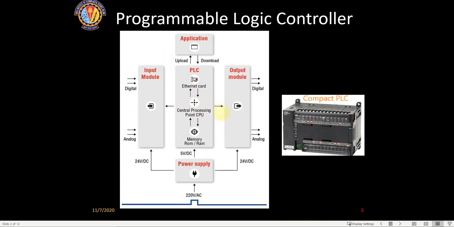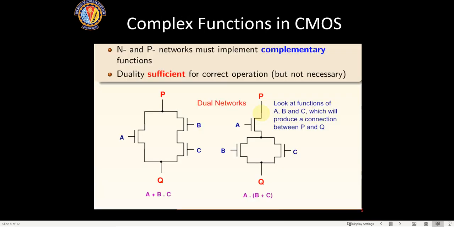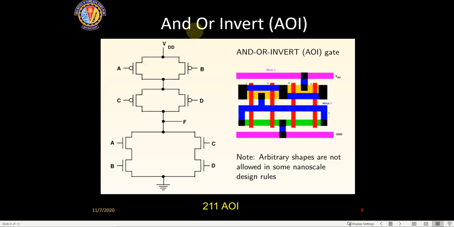So inside the PLC, for the digital part, we have two kinds of complex gates, which are known as AND-OR-invert gate and OR-AND-invert gate. Why these gates are preferred inside the PLC is because of how an AND-OR-invert gate is implemented in CMOS logic. So if you see A and B, C and D, or an invert of that, this is the gate which is implemented in the CMOS.